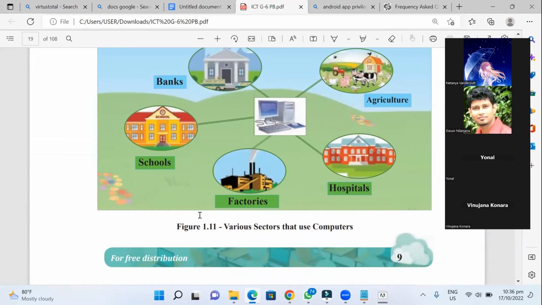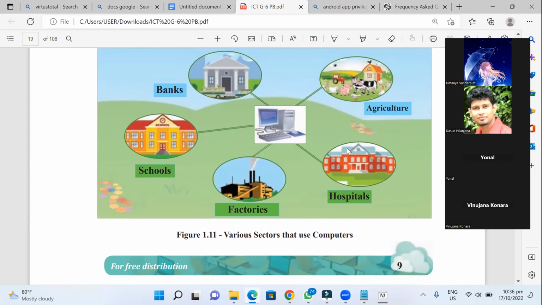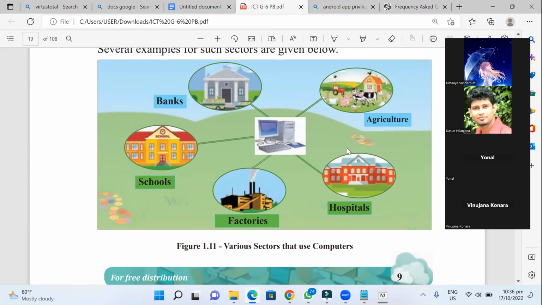Finally, in this chapter, we have learned the different usages of computers in different areas. Can you tell me other areas where computers are used, other than what you can see here? Yes, in household activities, in cooking, in dining, for entertainment, playing videos, watching movies.